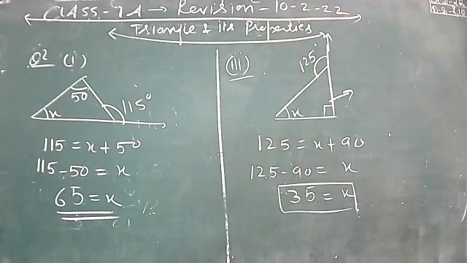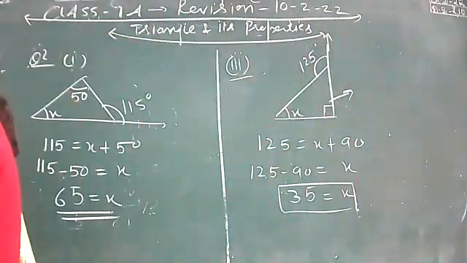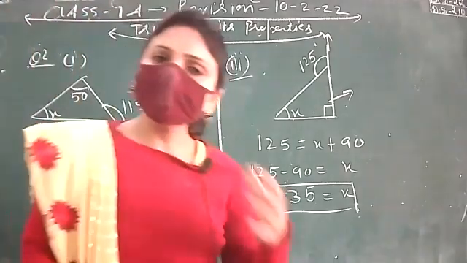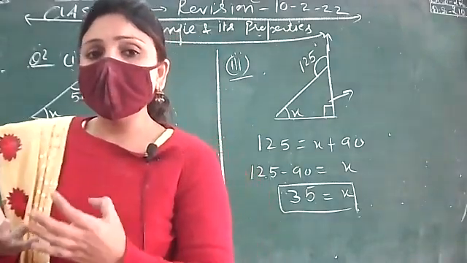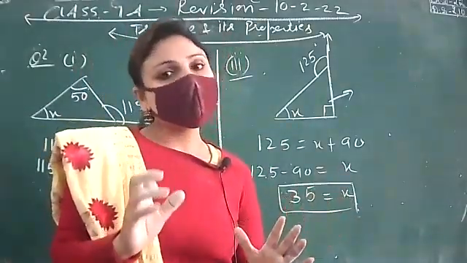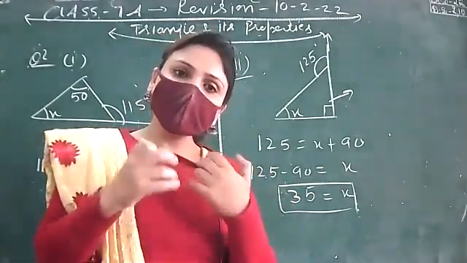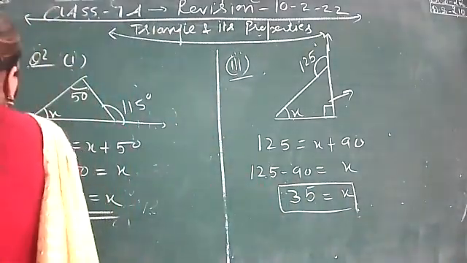So this exercise is purely based on exterior angle property. And the next exercise is based on mixed properties. That means one property is angle sum property, and somewhere you have to apply exterior angle property, and in some of the questions you need to apply that vertically opposite angles are equal and the linear pair and all that, that we did in the lines and angles chapter. So let us start with the next exercise 6.3, which depends upon angle sum property and exterior angle property both.